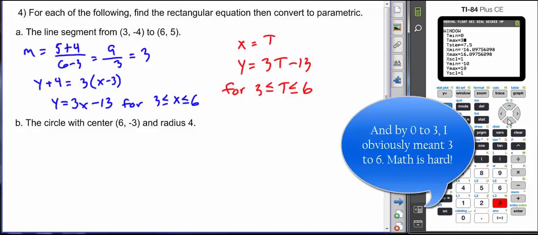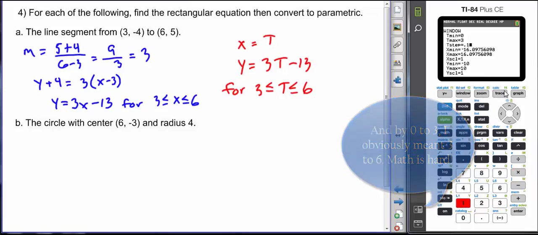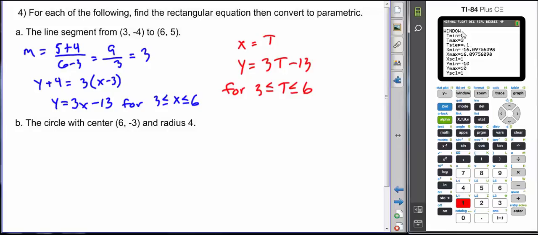And for the step, we can make a decision. I'm going to make it about 0.1. This is basically you deciding how often you want your calculator to do this computation. If you make this number too big, your graph can lose accuracy. If you make it too small, it can take forever and a day for the graph to show up. We're going 0 to 3, so this has a length of 3, and we're checking every 0.1, so it's only going to have to do 30 calculations,